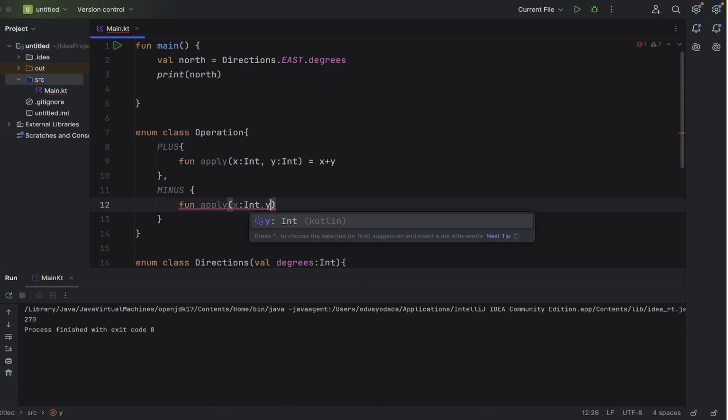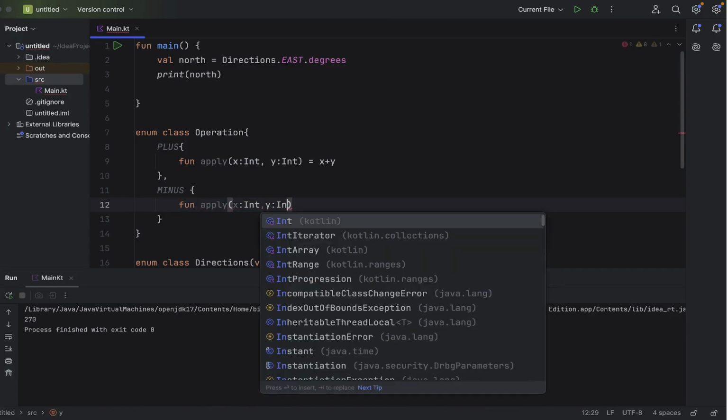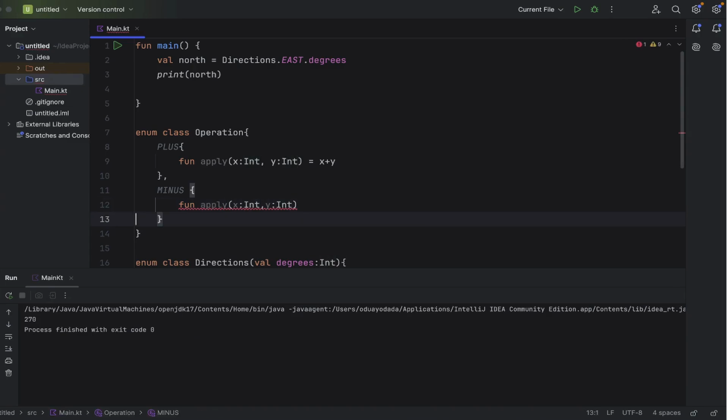You can have more methods in it, and a simple way I can just use this is